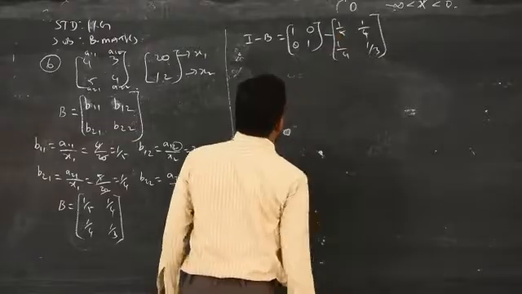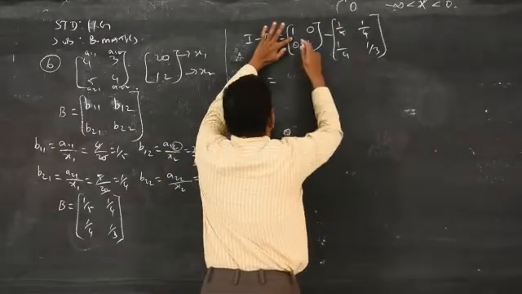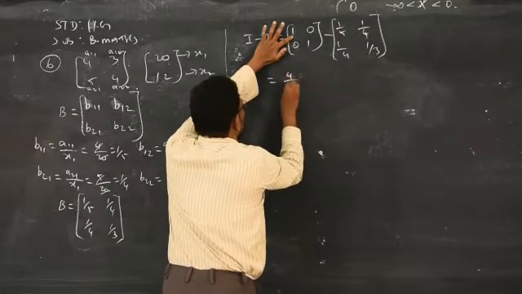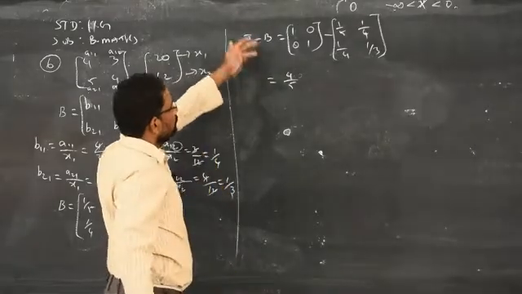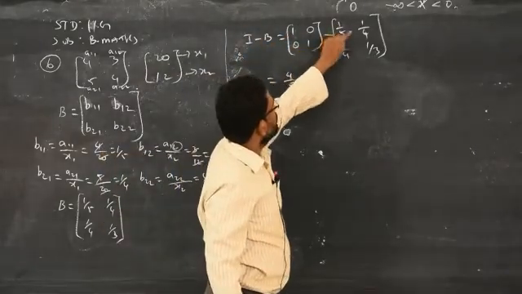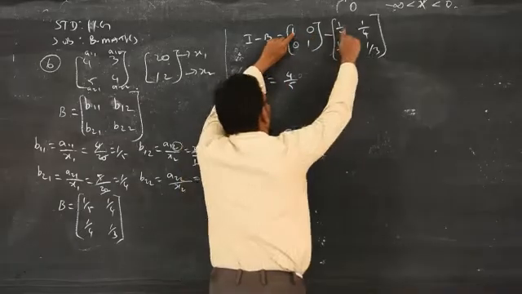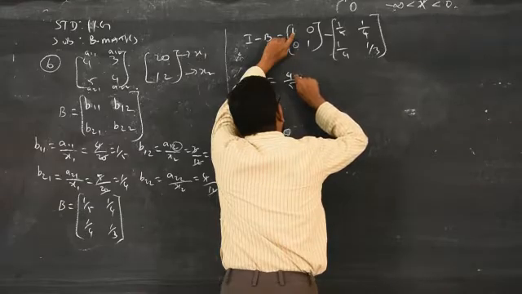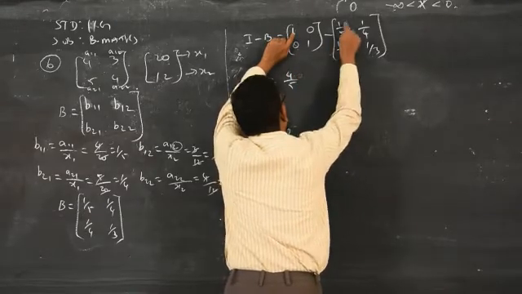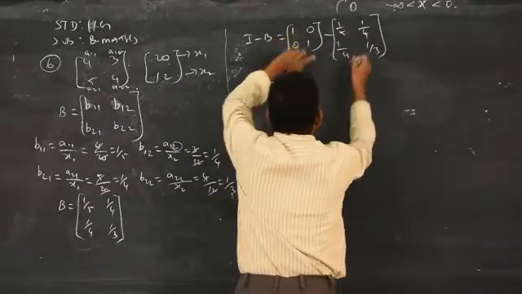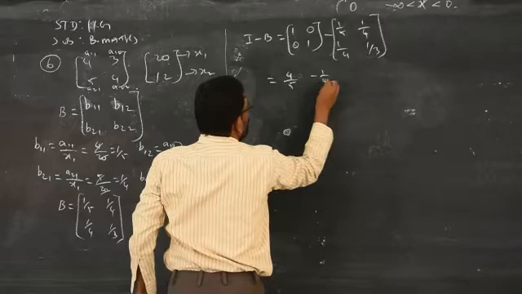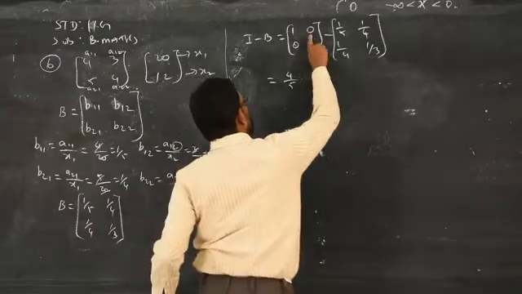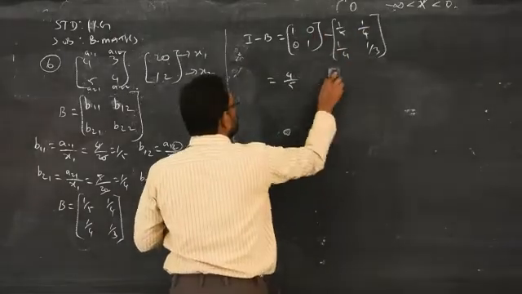Subtract 1 minus 1 by 5. I told you already, when you subtract any fraction from 1, just subtract the numerator from the denominator and write it as the numerator, and keep the denominator as it is. So 5 minus 1 is 4, so 4 by 5. 0 minus 1 by 4 is minus 1 by 4; don't write plus 1 by 4. That answer is wrong, because you are subtracting 1 by 4 from 0. So you will get only minus 1 by 4.